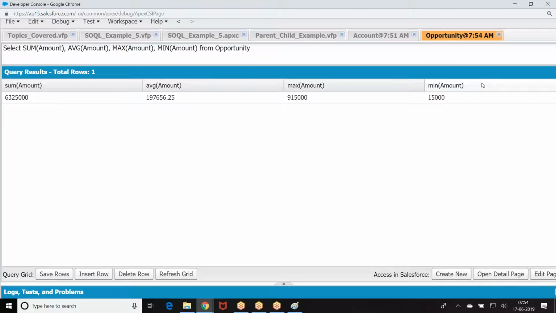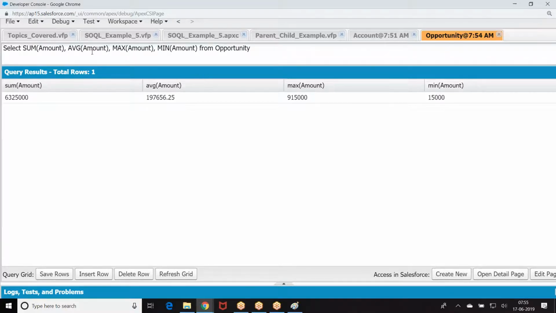Now whatever the records are given by the SQL query, when I execute the query, whatever the data I am getting, I perform sum, average, min, max on that data. Are you clear about this? So we are performing aggregate on the data which was given by the SQL query. After running the SQL query, whatever data we received, perform an aggregate function on it. It can be a count, a sum, a max, or a min.